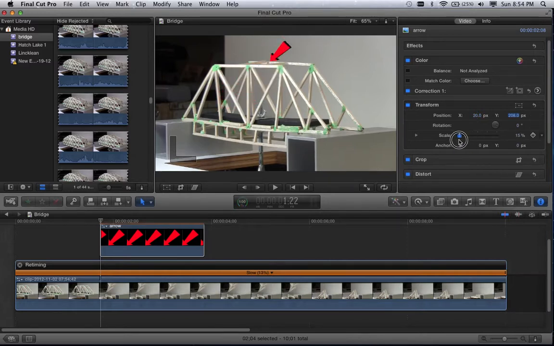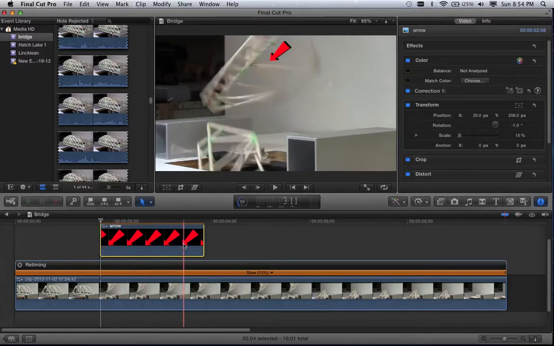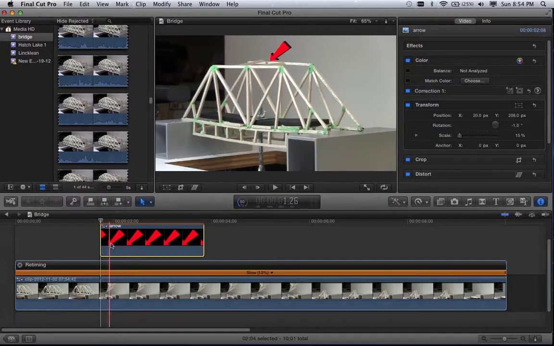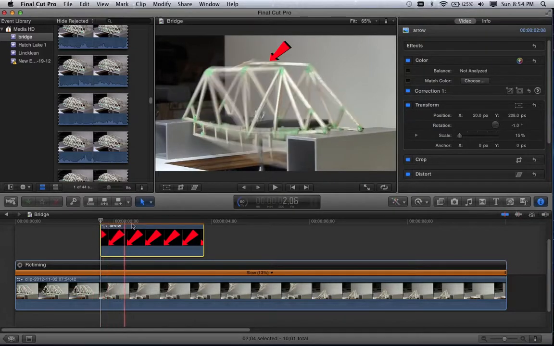I would recommend keeping it small enough to see what you're pointing at. And one other additional thing is also the rotation you can play around with. You can fly it around a little bit. You can also grab over here to turn it so it's pointing exactly where you want it to be pointing. That's the basic steps to applying your arrow. One thing you will need to do is make sure it's lined up where it needs to be, and allow it to render. You can see that there is an